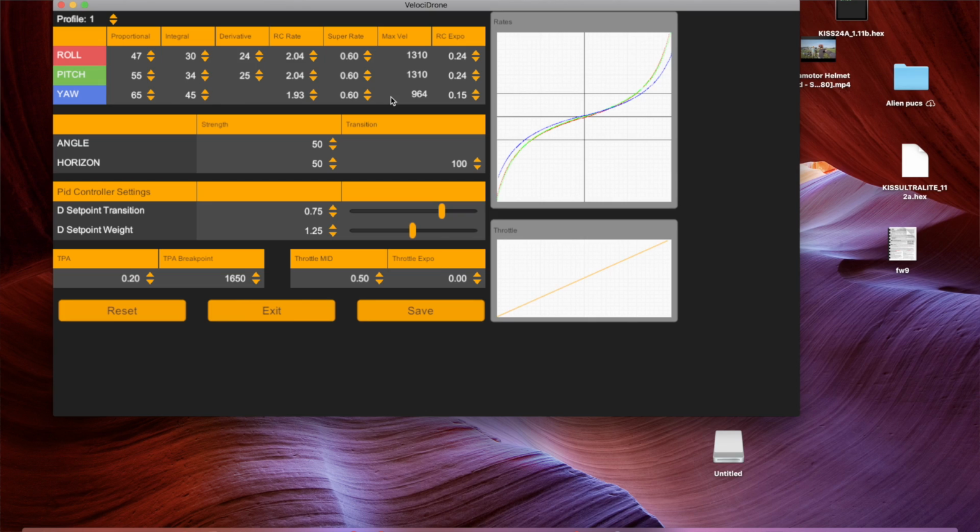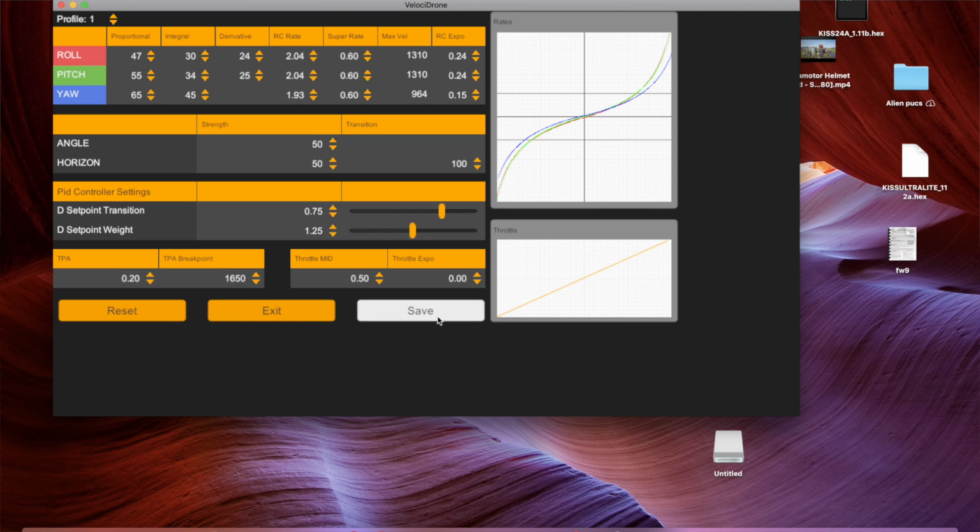And then the rates and stuff, obviously these are Betaflight rates. They're not exactly like KISS rates, and obviously this game is not exactly like real life, but I seem to have adjusted these rates to feel very much like my real life KISS setup. Now that's not all of it.